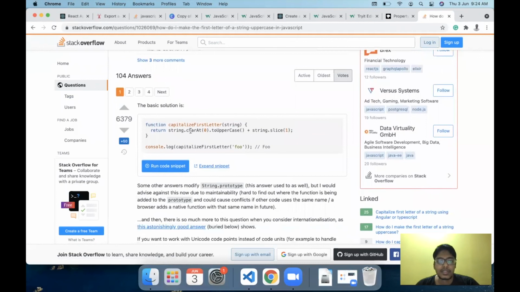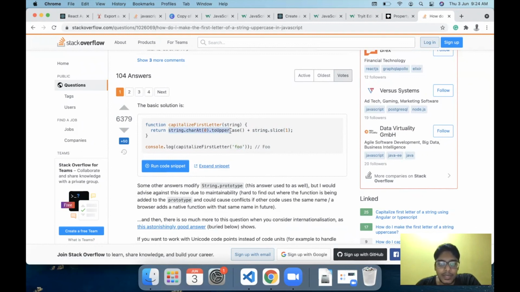Basically what we are doing is we are taking the string, we are accessing the first character using the charAt method, let's say 0, and we are capitalizing it using the toUpperCase method. And the rest of the string is accessed using string.slice, and we are able to capitalize the word. For example, let's say you have a string foo.